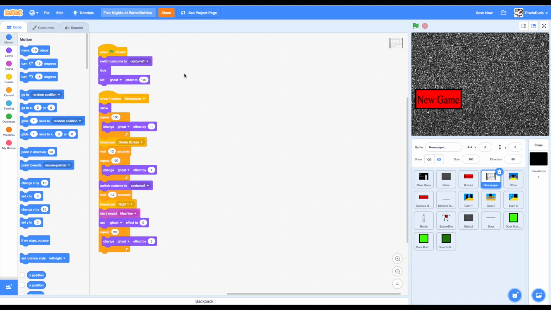costume 1, hide, and set ghost effect to 100, and then when I receive newspaper, show, repeat 100 times, change ghost effect by -1, and then broadcast delete screen, wait 12 seconds, and then repeat 100, change ghost effect by 1 so it fades away, and then switch to costume 2, and then 1.7 seconds